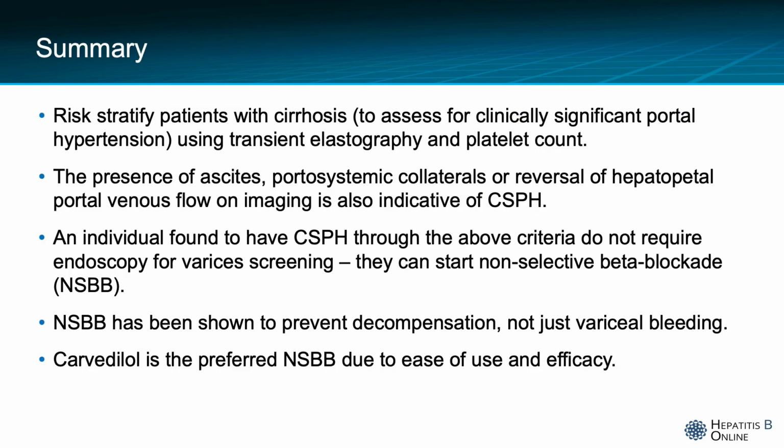So in summary, you can risk stratify patients with cirrhosis to assess for clinically significant portal hypertension using transient elastography and platelet count. The presence of ascites, portosystemic collaterals, and reversal of hepatopedal portal venous flow on imaging is also indicative of CSPH, and an individual found to have this through the above criteria does not require endoscopy for varices screening. They can just start non-selective beta blockade. NSBB has been shown to prevent decompensation, not just variceal bleeding, and carvedilol is the preferred agent due to ease